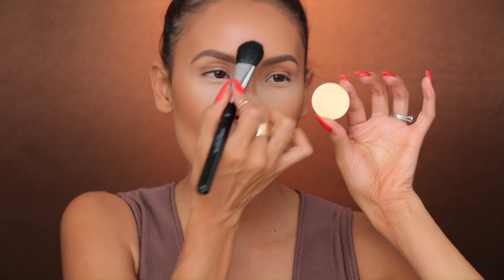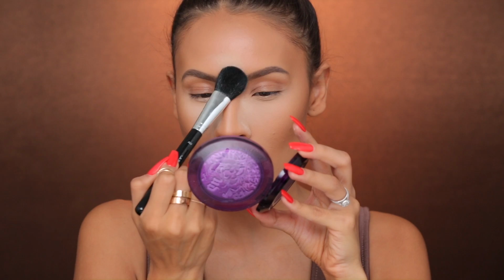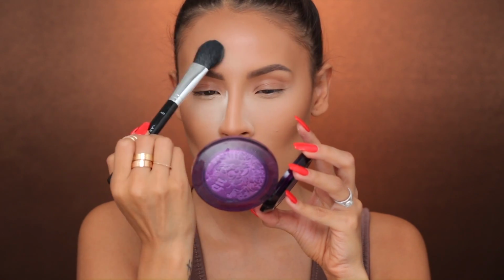Now to highlight the forehead area, because we want light under our eyes, but you also want the center of the forehead to be light and the chin. I'm taking the OFRA Cosmetics Banana Powder, and this is an ABH A22 brush. And I'm just gonna place this right here so it just seems like almost like there's light hitting this part